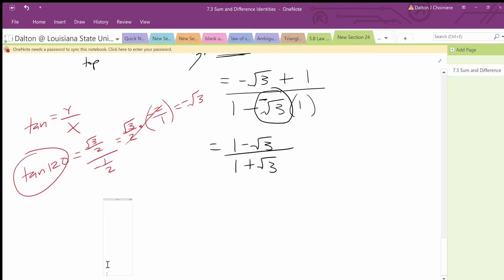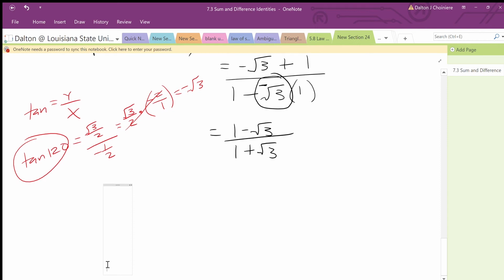Now, in math, we are not allowed to have radicals in the denominator. So what I need to do is rationalize this. You may recall from Algebra 2, I can rationalize this by multiplying by the conjugate, which is taking your denominator and changing the sign. So I can multiply by 1 minus the square root of 3 over 1 minus the square root of 3. And then I will multiply straight across. So that means in the numerator,